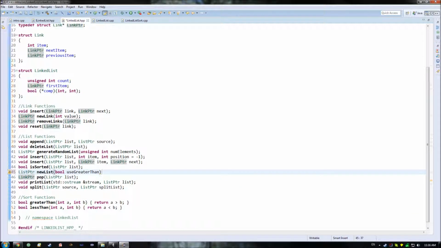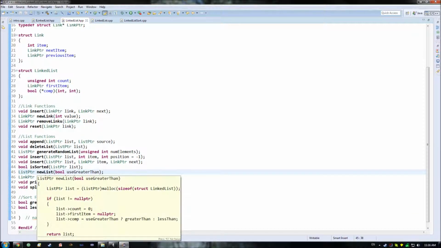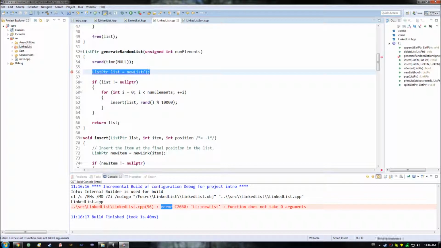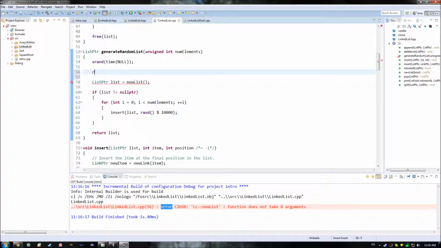Hand over, and that one there happened to be new list. We want that there. And then basically everywhere that's using it, and one of the easiest ways to find that is just build it, and it'll pop up a whole bunch of errors for us. If I do this, so there's that. The whole reason why I'm going to do this is that I'm going to take a random integer,